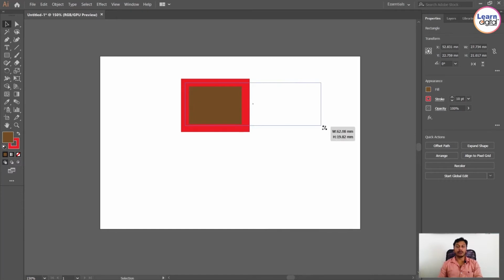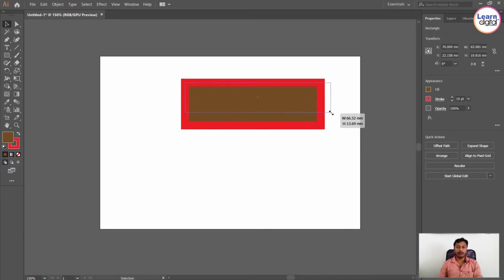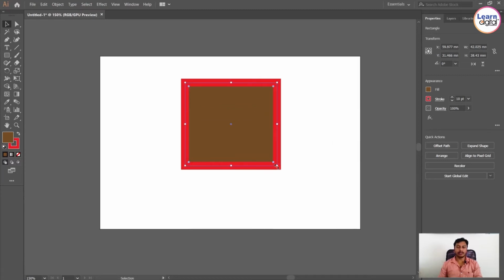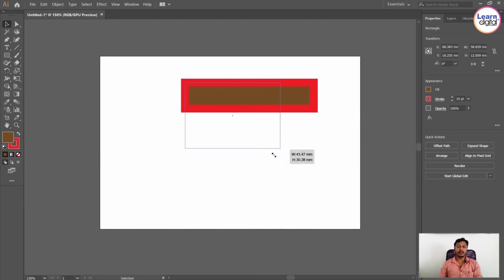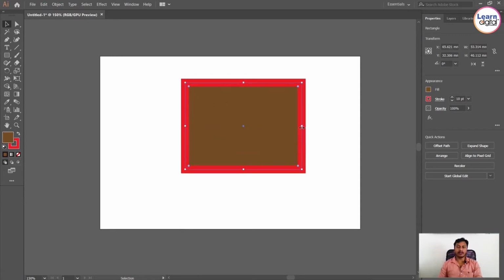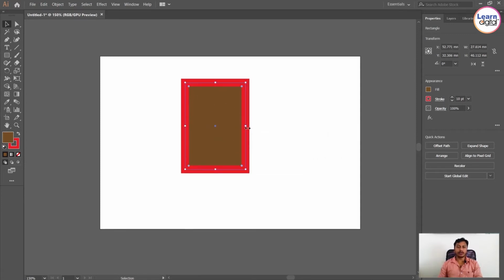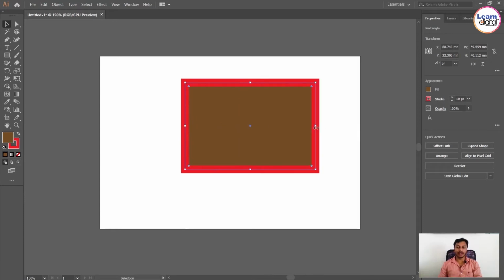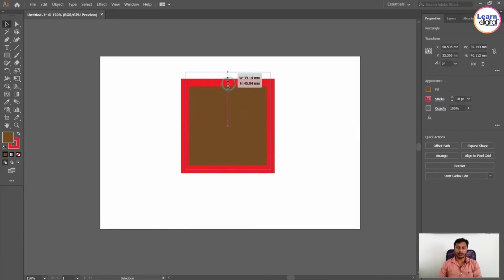You can observe one thing: whatever scaling I am doing, you can change the x-axis and y-axis also, that means width and height. We have uniform scaling and non-uniform scaling. If you want non-uniform scaling, just click and drag in any direction, and you will get square to rectangle, rectangle to square, or whatever it may be.